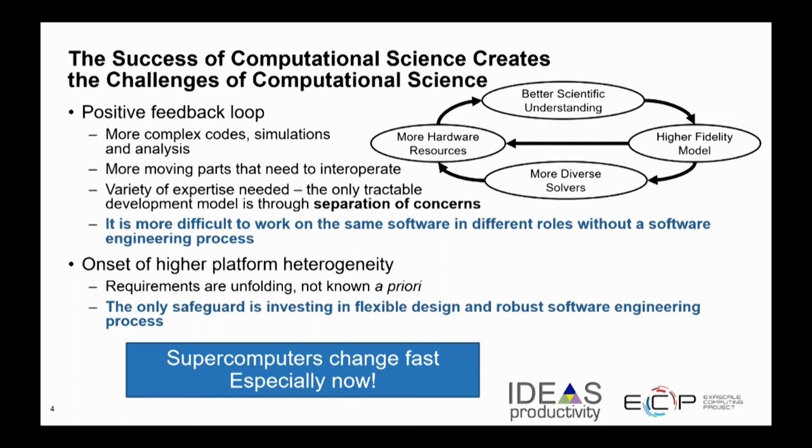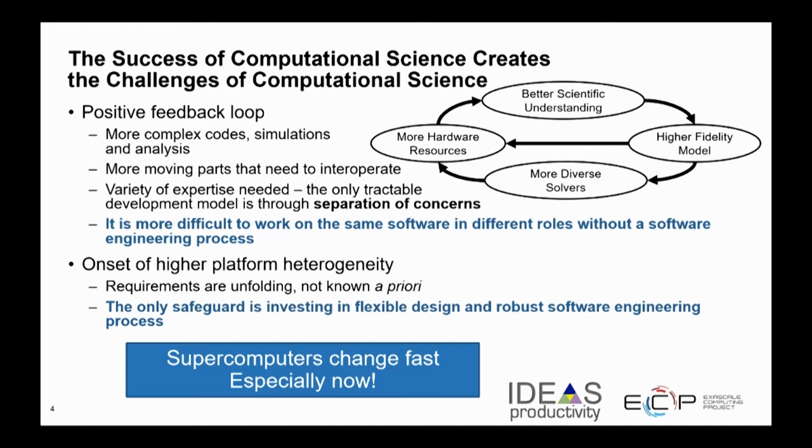And where we are at this point in many communities is that the science that we're pursuing has grown so complicated that these models have many moving parts, and there are many people needed to create and maintain many of these models and to use them effectively as well. So there are some really important considerations here in how to work in this type of environment. We're talking about ideas like separation of concerns so that people with different domain expertise can contribute effectively together to a project. And really, finding ways for people with different roles to work together on the same large, complex piece of software really requires defining the rules for how you interact